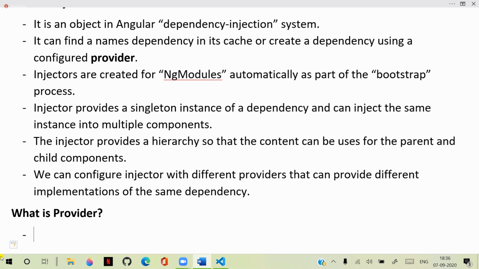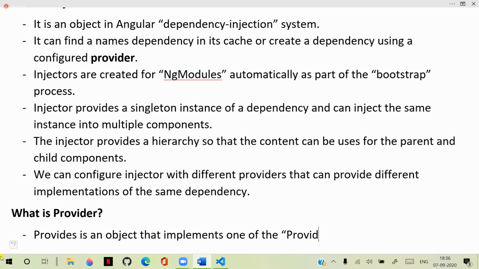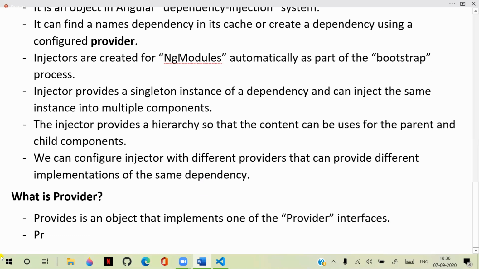Actually, a provider is an object that implements one of the provider interfaces. So generally, a provider is an object here. Generally, the provider's main purpose is